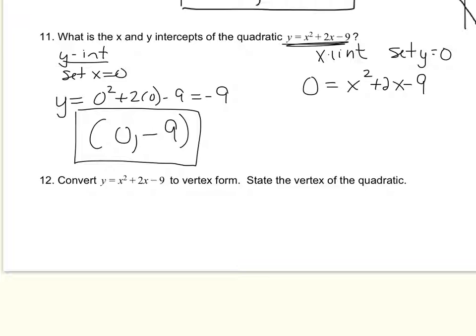So once we have this though, this is a quadratic equation. You could use the quadratic formula, we could use complete the square, whatever you want. I'll use the quadratic formula. So x equals negative 2 plus or minus the square root of 2 squared minus 4 times a, which is 1, times c, which is negative 9, over 2 times 1. So our discriminant here